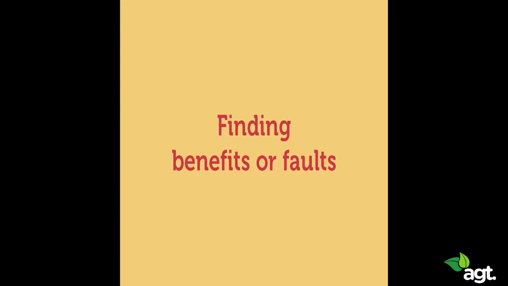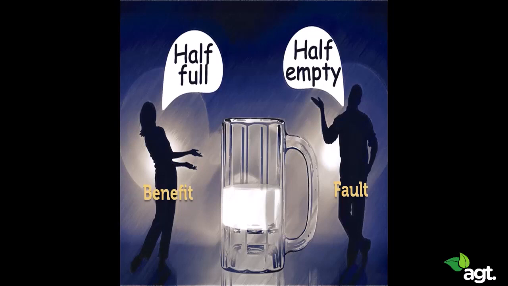For a fault finder, no matter what they do, they always end up with a careless partner or a miserable job. No matter where they look, things always seem to go wrong for them. The typical example is looking at the glass as half empty. But there is also a way of looking at the glass as half full. And this is what the benefit finder does.